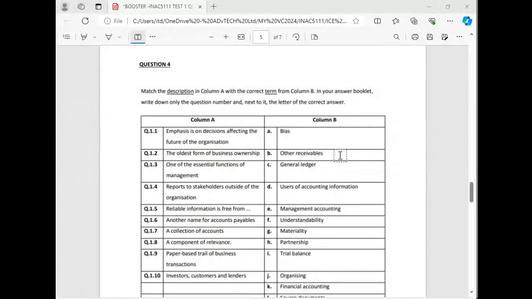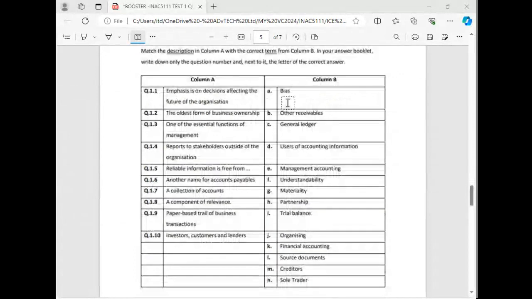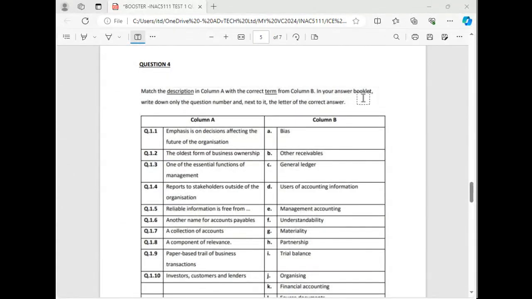We start once again. This kind of question can confuse you guys. Please read instructions. I was very disappointed. Even last year, I was disappointed, guys, when I was marking this question.